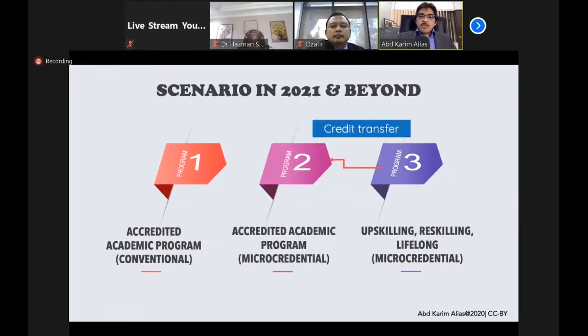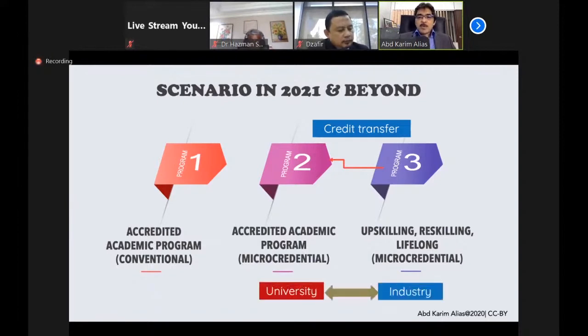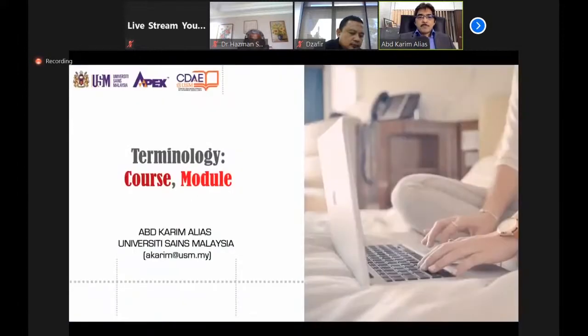And then the student who takes these packages for upskilling or for whatever purposes, they will be able to do credit transfer, and they can get a 100% credit transfer if they take it from one institution only, or they can get up to 70% if they take the micro-credential packages from a consortium of universities, for example. And this is also the opportunity where the university and the industry can really collaborate and work together on this one. So some terminology on the last part of my presentation here.